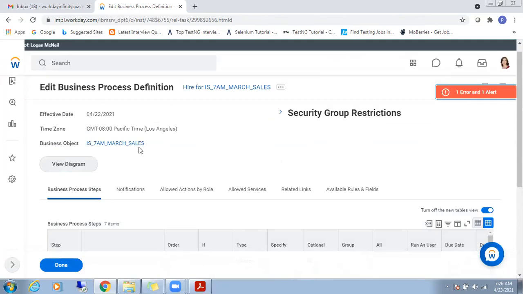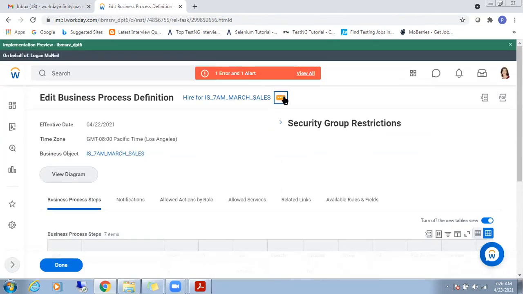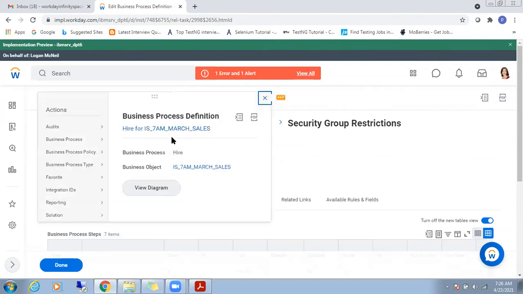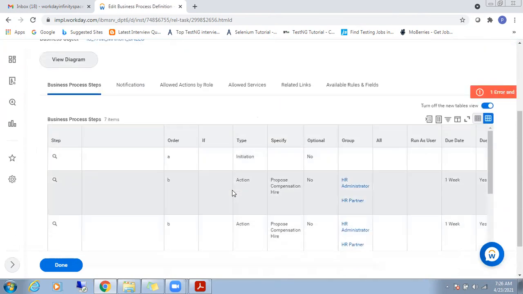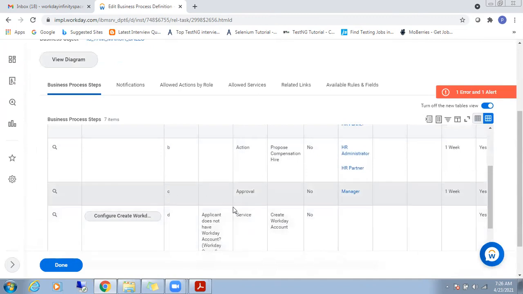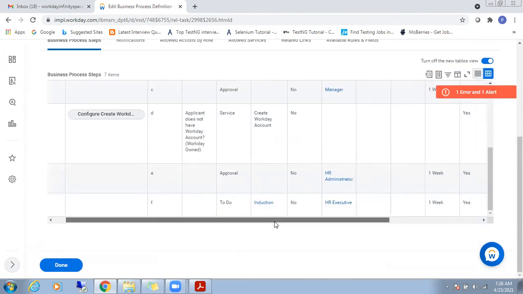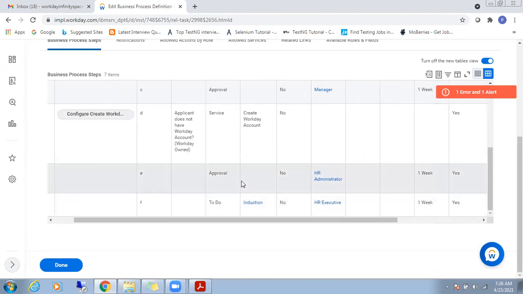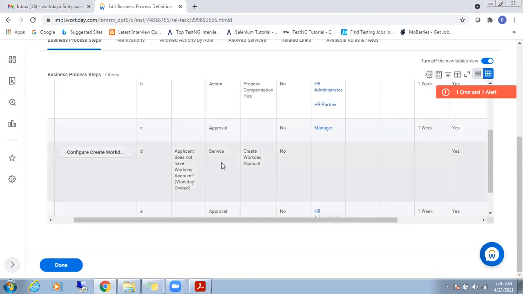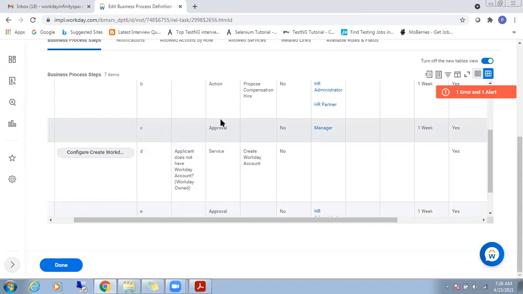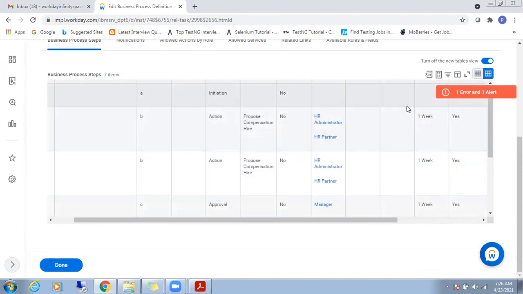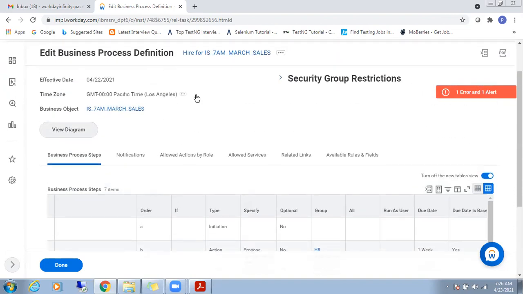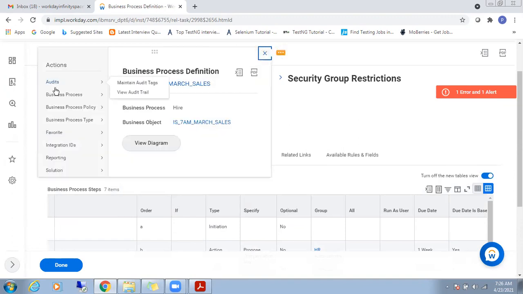Let me show you now. The approval step should be before the completion step. See here, what is our completion step? C, right? Yes. So now I'm making the step an approval. This approval step should be on or before the completion step. It should be before the completion step. That is the reason it's prompting you the error. Remember this. Now let me do some more actions on this.